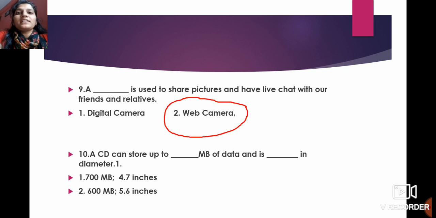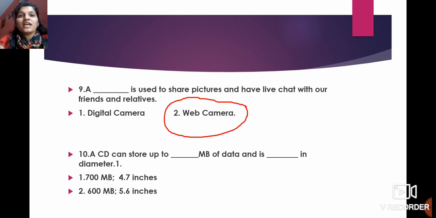CD is compact disc, right? We have to write the capacity and also the diameter of that CD. Your options are 700 MB capacity and 4.7 inches diameter. Second option, 600 MB, 5.6 inches diameter. Your time starts now.